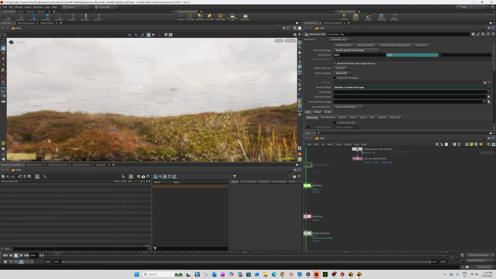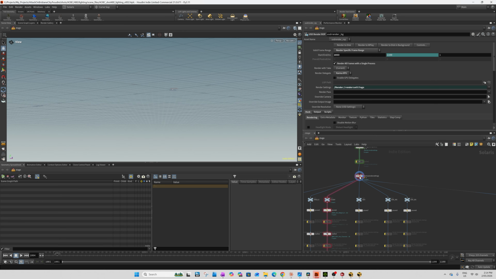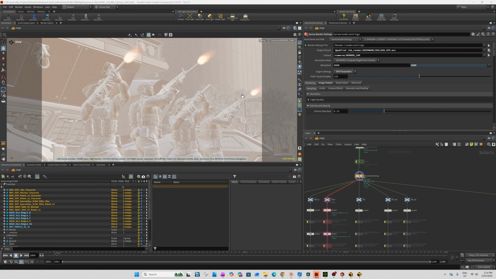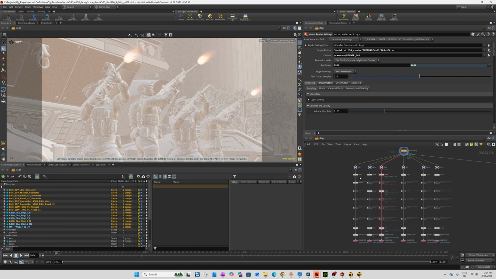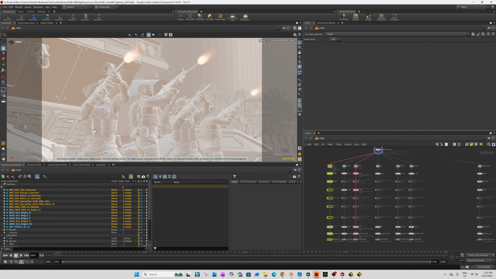Nearly every shot has a sky replacement. Not in this one because we don't see the sky. But the sky replacement itself is a whole job on its own. This one's pretty straightforward. It's only got the characters, the cars, the tank, some trees. So I break it up into character. If there's different types of characters, so there'd be civilian protesters, the riot shield people, I would split them up into groups.